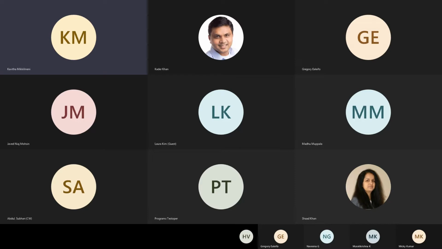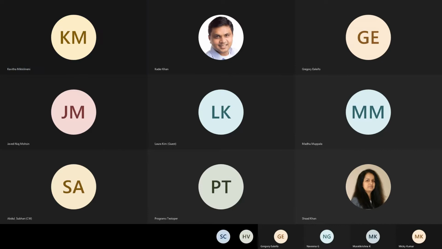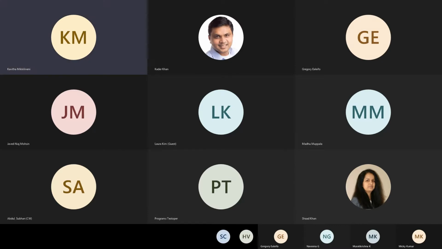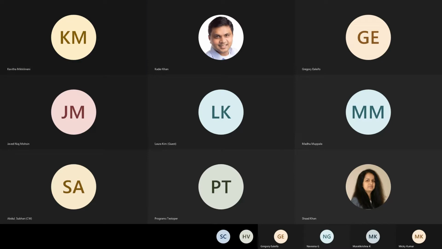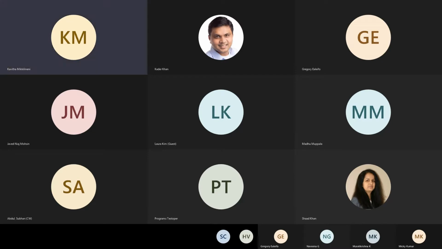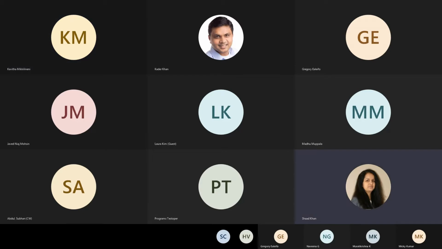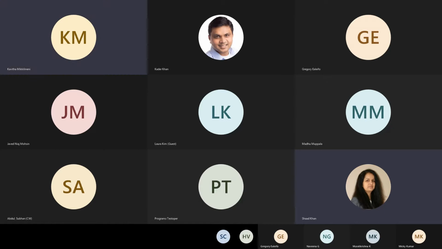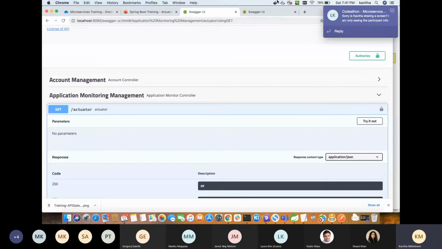So if we see the Swagger, right, it will be the bank application which we saw last week. The same thing, we have enabled the actuator as the application monitoring tool. So when we hit this slash actuator endpoint... Kavita, sorry, just want to know if you're sharing your screen or anything. Oh, I'm sorry. I've been speaking without sharing. Sorry about it. I didn't realize.